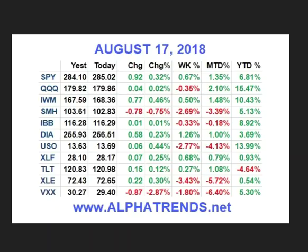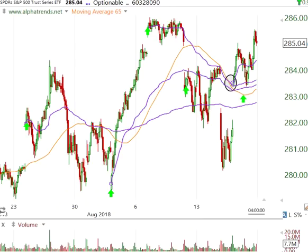We're a little bit mixed here with the Nasdaq being dragged down a little bit by the semiconductors. It lost 2.7%. Biotechs also lost some ground, and the financials got hit pretty hard, bringing them down now for the month and just barely up for the year. So let's take a look at the charts, make some sense of it, and see what we have in store